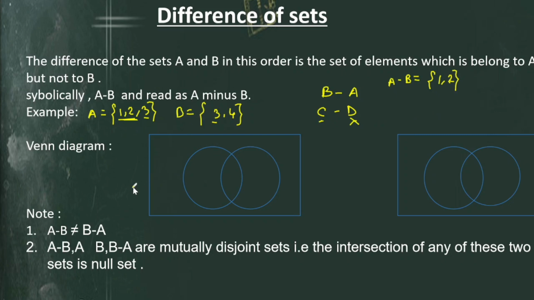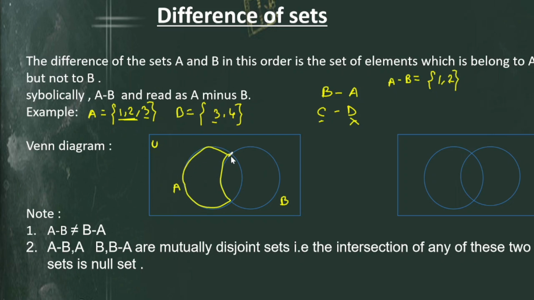Now let us understand the Venn diagram, the representation of the set, for A minus B. Suppose this rectangle is the universal set, and this circular set is B; A and B are subsets of U, the universal set, and the entire one is A, and this is B. So you have to subtract the elements which belong to A but not belong to B. See, this set A overlaps with B. This portion you have to remove, so we actually get this kind of figure.